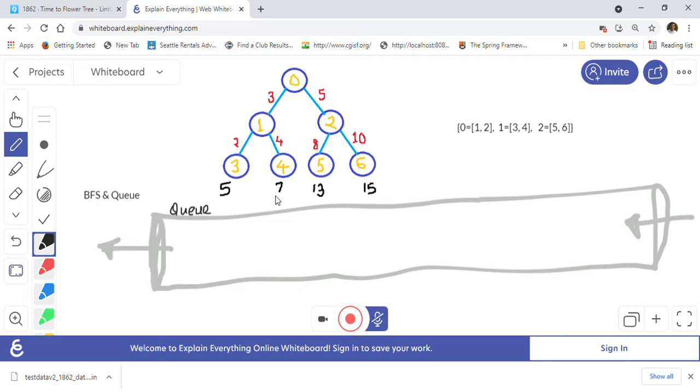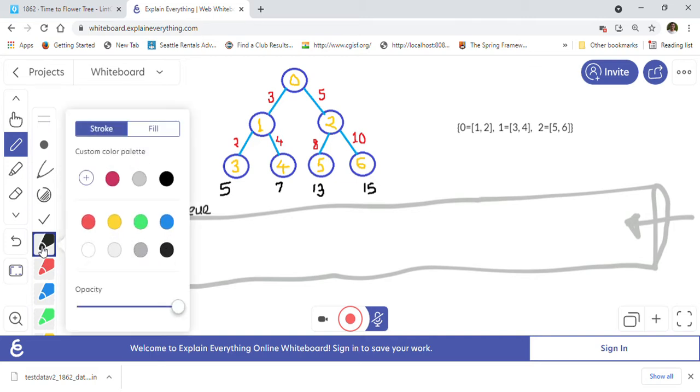We have to find the maximum time that will be taken to reach from the root node 0 to any of the leaf nodes, because the leaf nodes will have the maximum time when we are traversing.